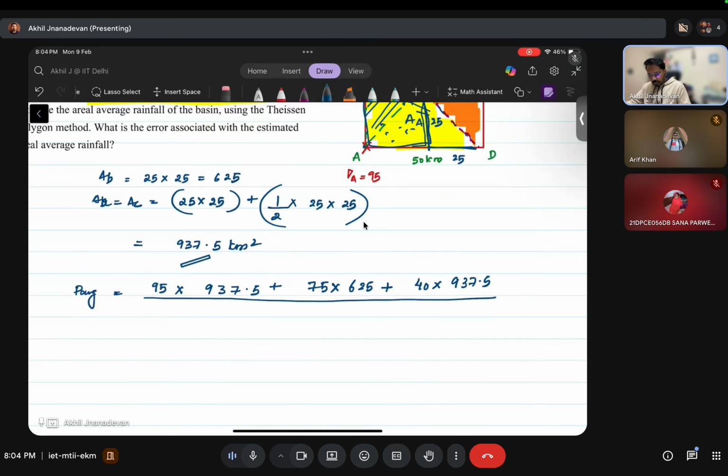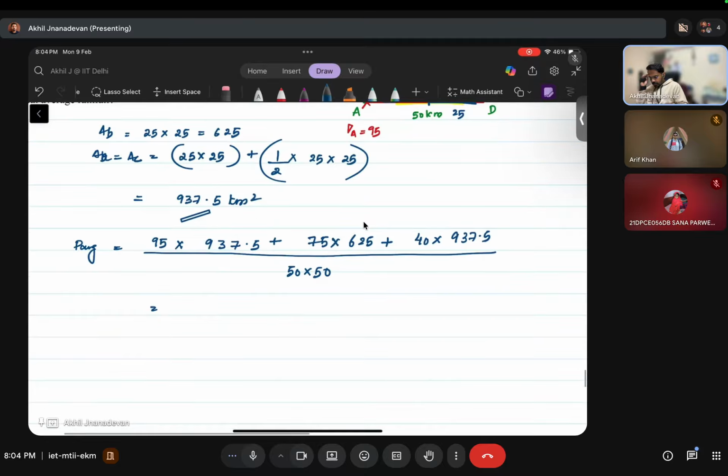The total area is nothing but 50 into 50, right? So the final answer, we can calculate it, will be coming around 66.875 mm. Okay,